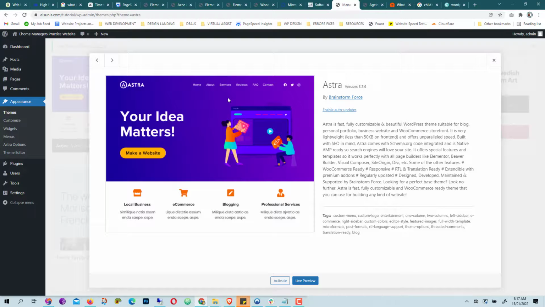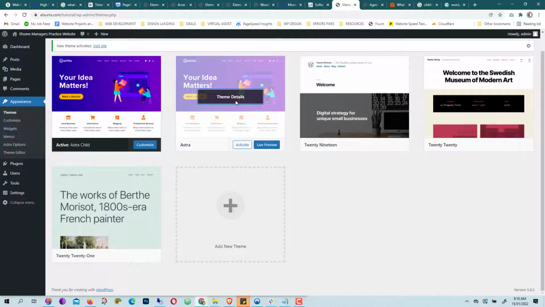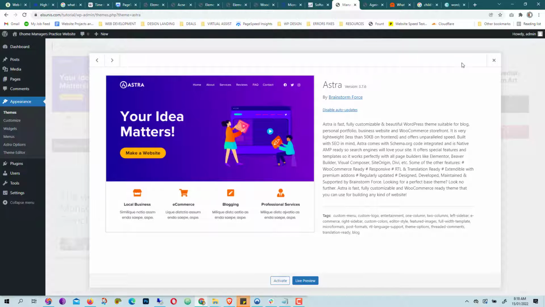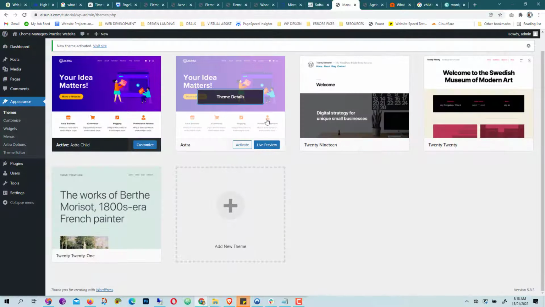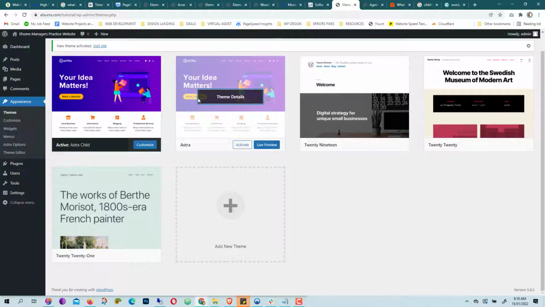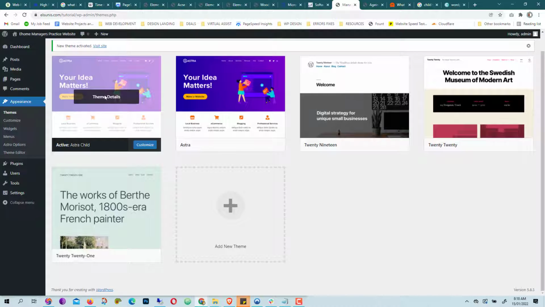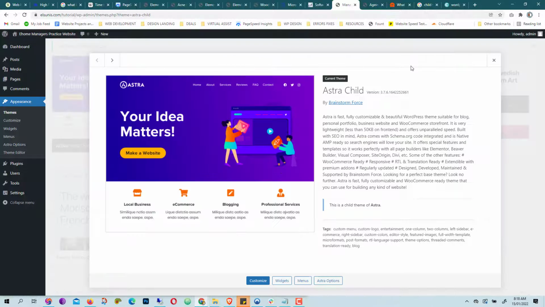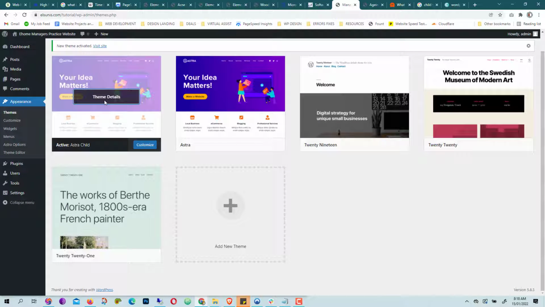So once there's a new update for the Astra theme, the Astra theme will be updated. In this case, I chose enable auto update. So new updates are coming in. New updates may carry new features, right? New features that might change the look of your website. But because you already have your own customization that you already like, the new features will not affect the customization, except you decide to add some of the new features to your current child theme. So that is how to